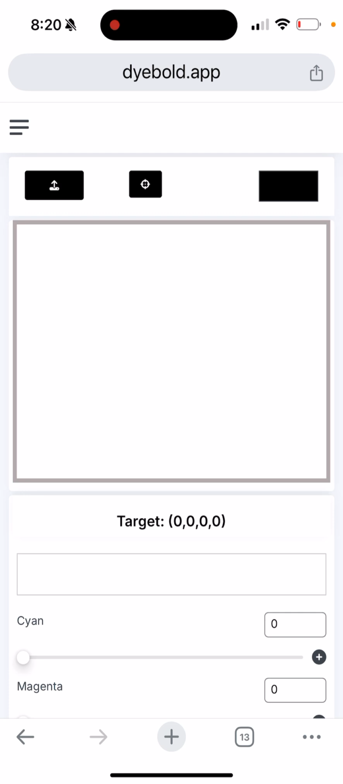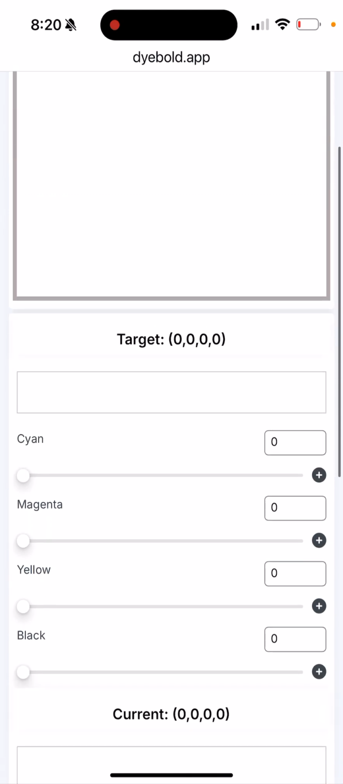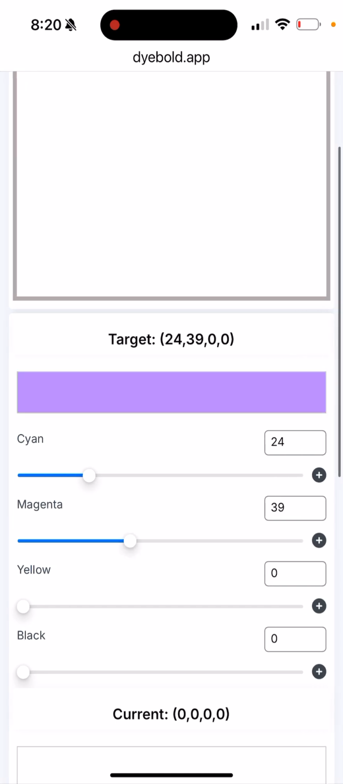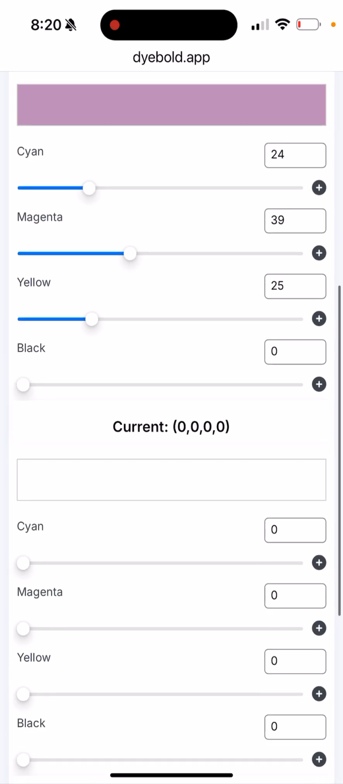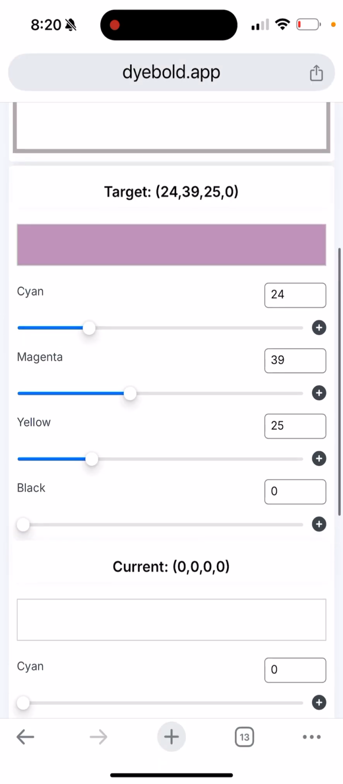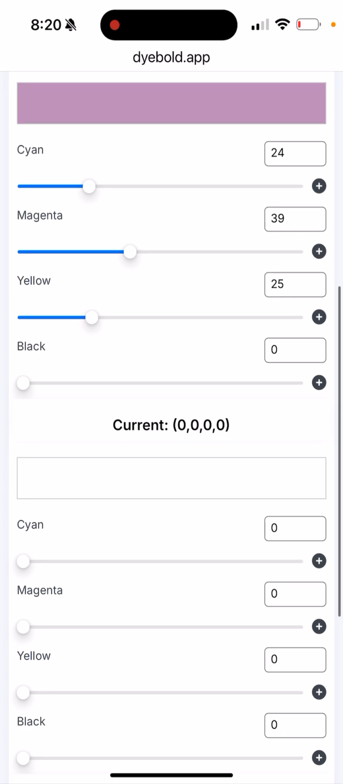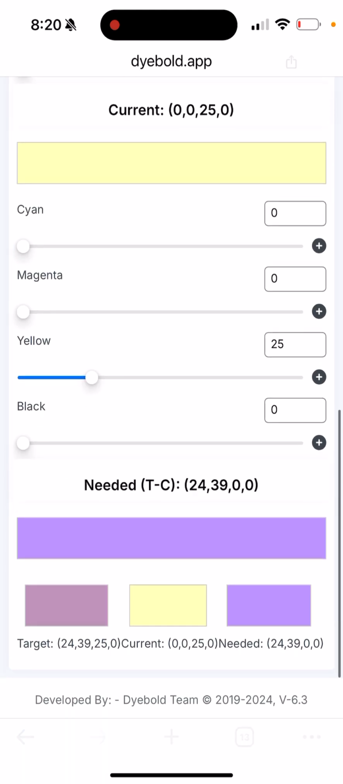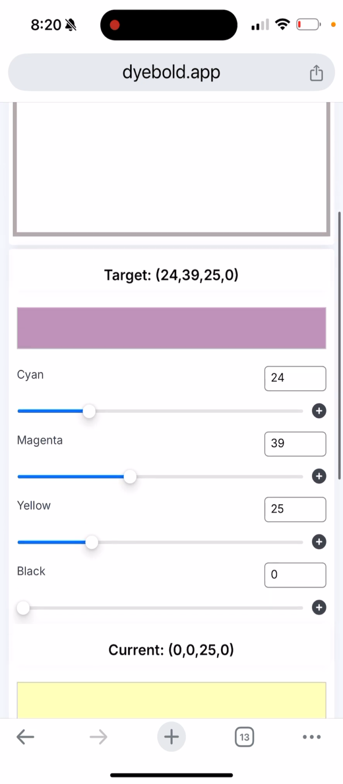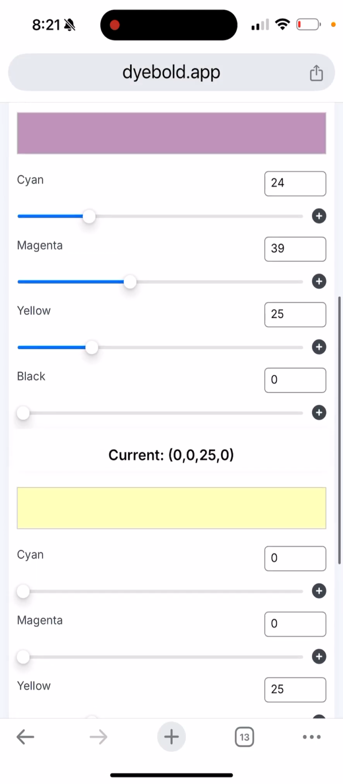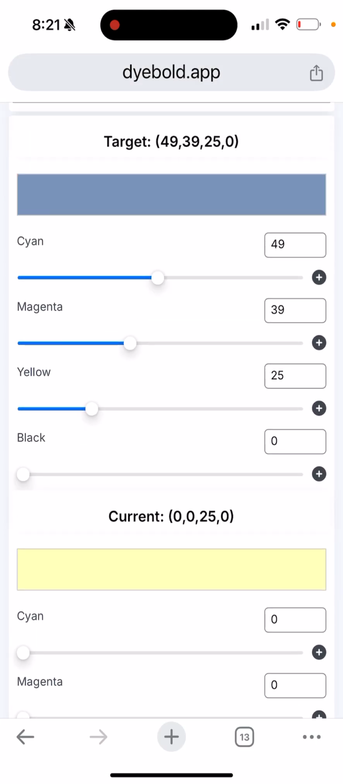But if you're using cyan or magenta and yellow dyes, then you can use this color calculator here, and it works in a similar way where you can move the sliders, and then you can calculate the needed color. So if you add this color purple to this yellow, you are going to restore it to the desired color here. So let's make this into